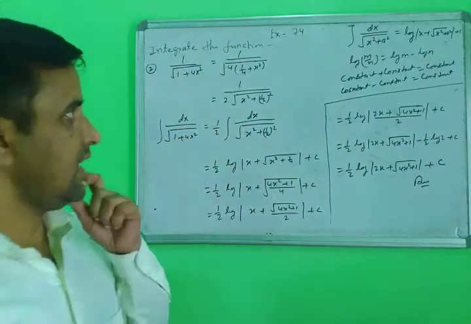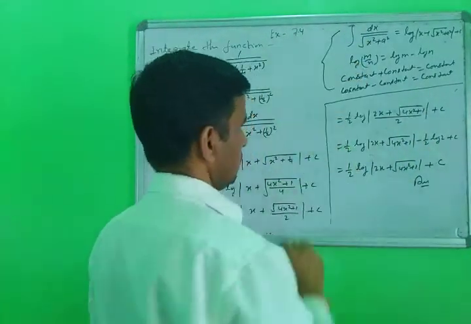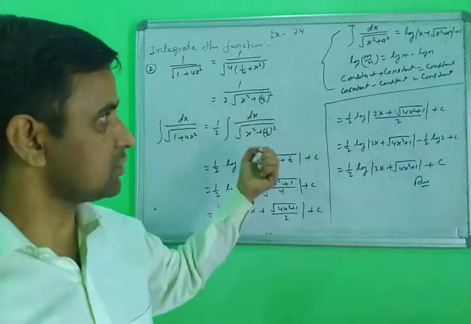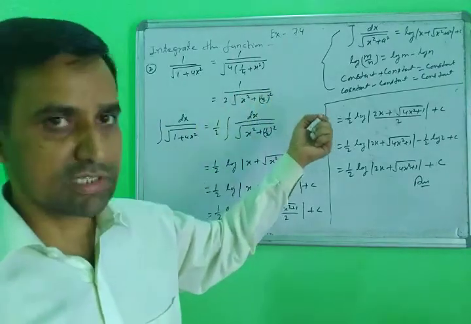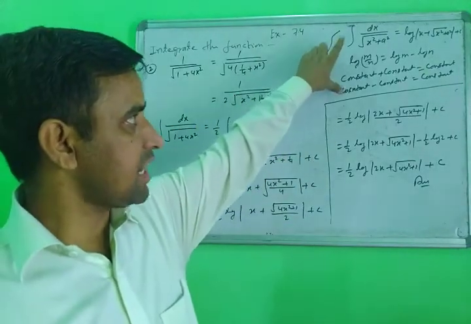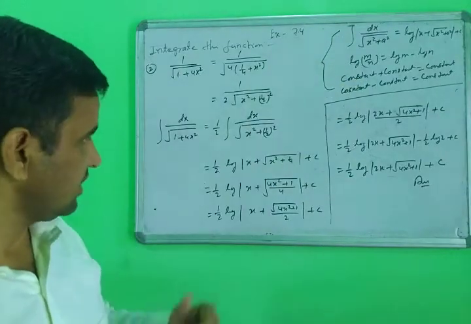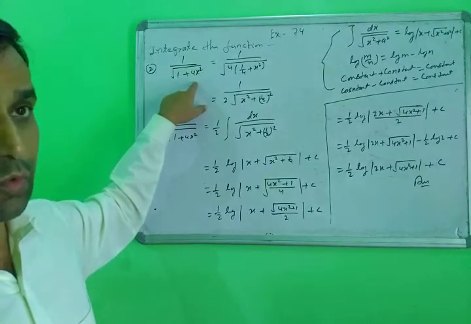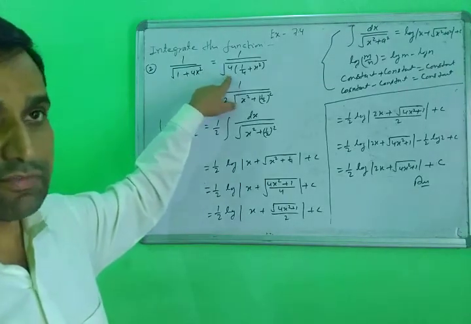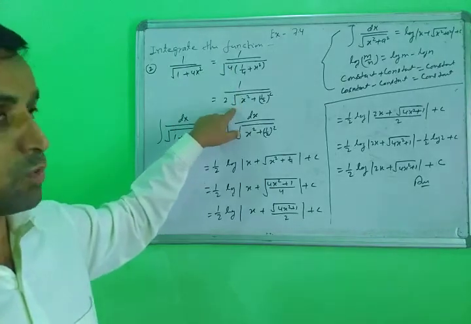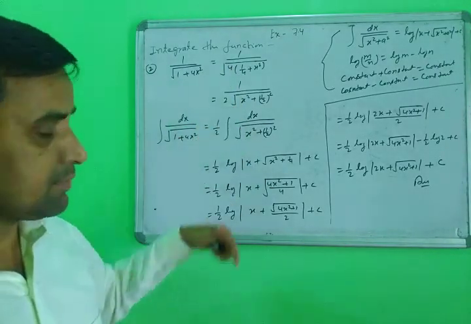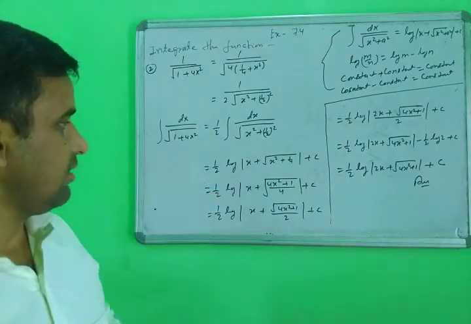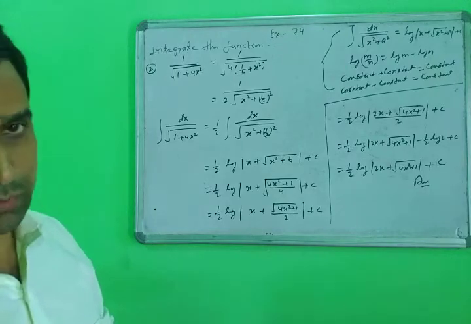Note down these identities also, and which identity you are using in this question. That makes it very easy to understand which identity is used in which place, so every time note down these types of identities. Yes, note down. This question is very simple, but when you solve a question, first focus on it: which type of function it is, how to operate on it, which identity will be used here. Then you break it down in this way and solve the questions. Yes, note down.